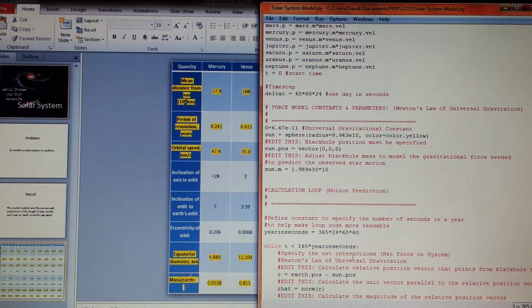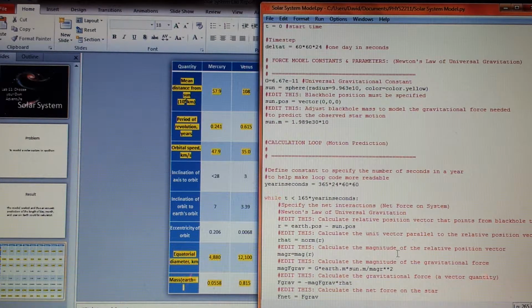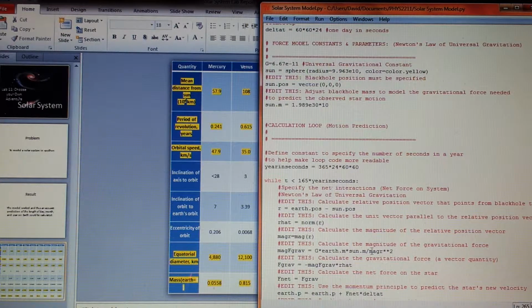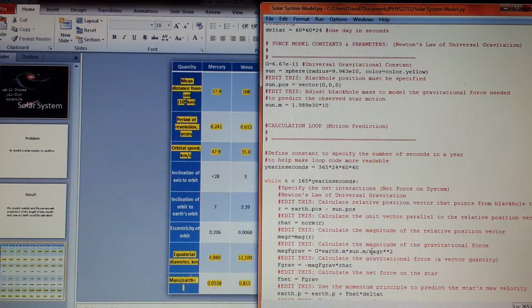Within the loop, I calculated various forces acting upon each planet, including the gravitational force, which was computed by multiplying the gravitational constant times the mass of the planet times the mass of the Sun, divided by the magnitude of the relative position vector squared. When I run this model,